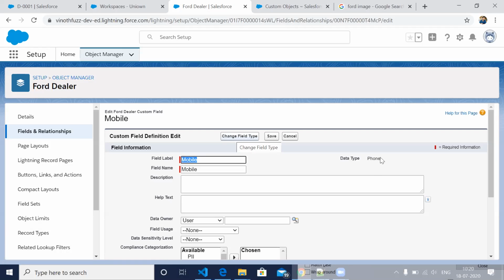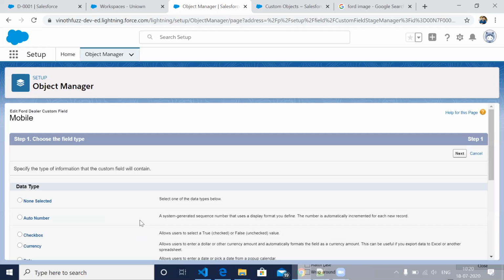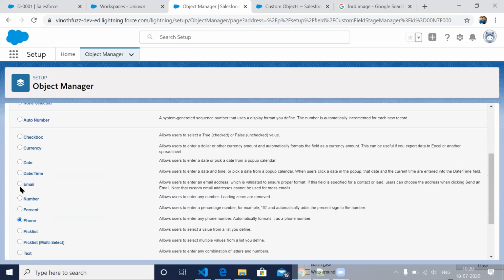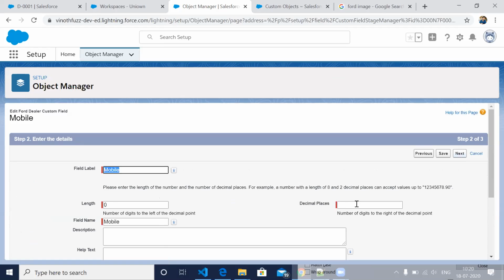Currently it is a phone. I'm clicking on change field type to number. Okay, I changed it. Then next, since it's a number, we have to give decimal places. Decimal means digits after the point. So for length, I'm just giving 10. Only 10 we can give.